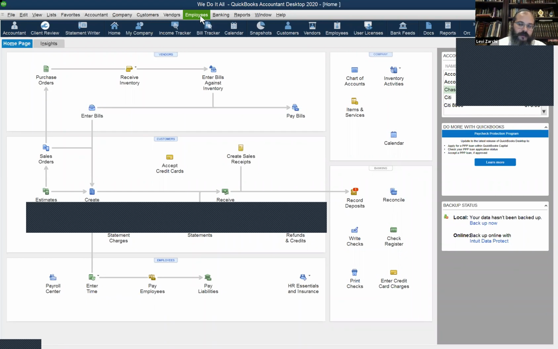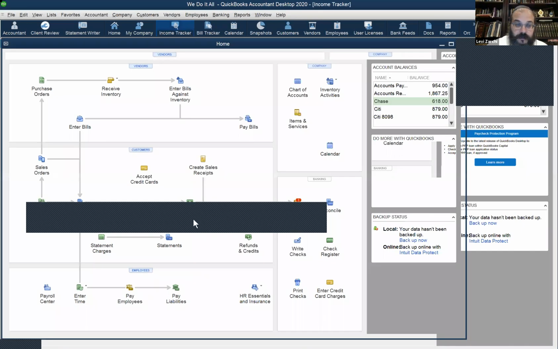But just like when we create the invoice, that is when the customer comes, has to pay. We went last time to income tracker, and we saw last time that